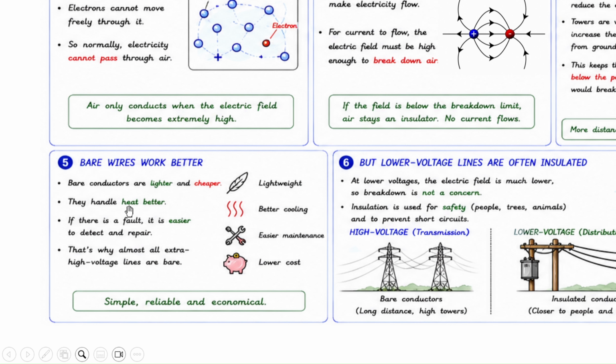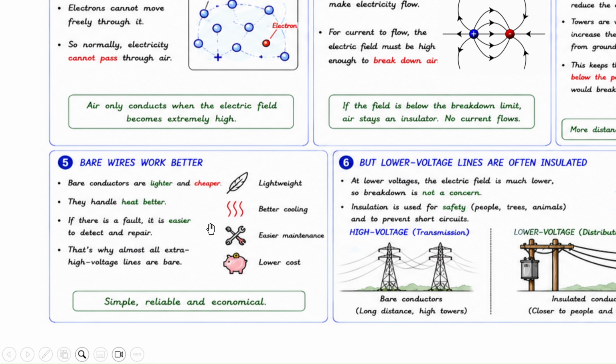They also handle heat better because when you leave them exposed, you basically get free cooling from the air, whereas if you insulate them, you might trap heat. So the wind and the surrounding air help the conductors stay at a constant temperature